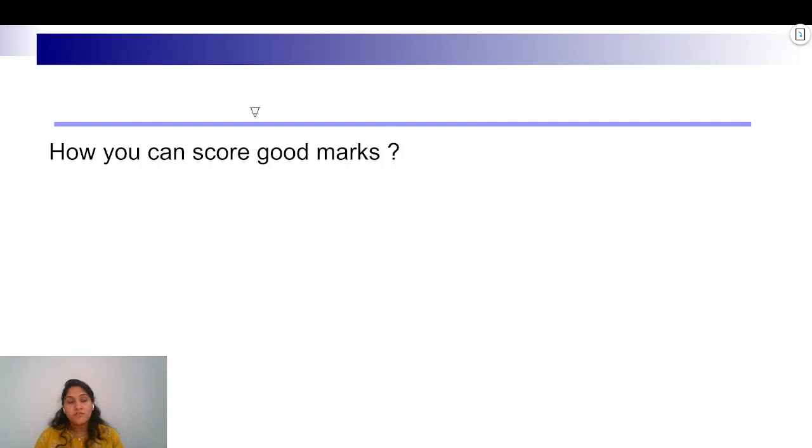So let's see how you score good marks. It's just a personal opinion, and I think it will help you, because it helped me and my friends while we were preparing for the GATE. Just one thing before we go there, one thing I wanted to point out: the 21 day